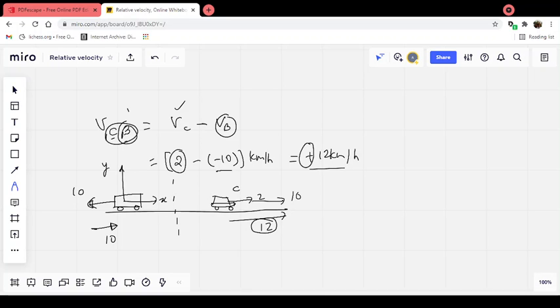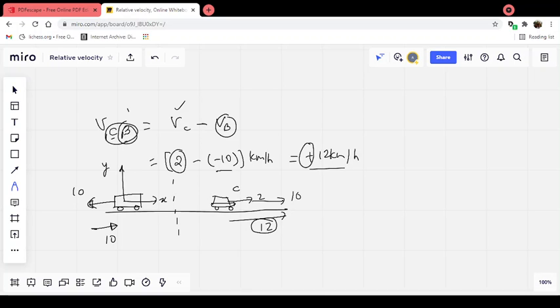So this is one thing. The second thing which we can discuss about this problem is, what would be the case if, let's say, the bus is in front of the car, that is, it has not yet passed the car? Would the answer be the same? So the answer would be yes. The answer would not change